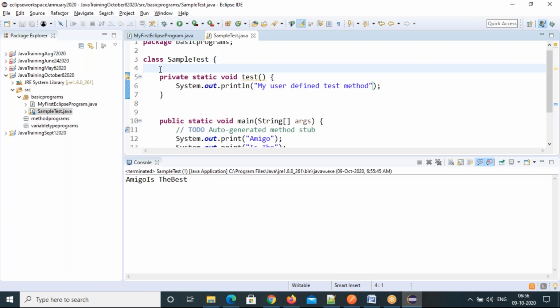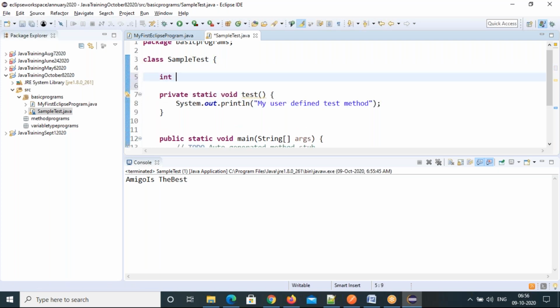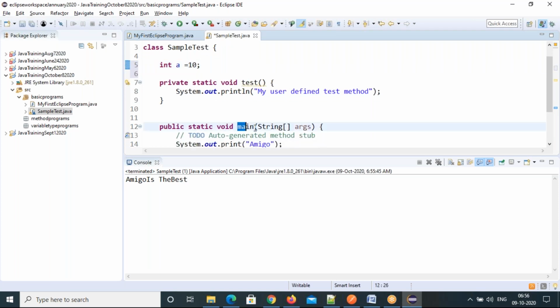I can define my variable also. But the execution starts from main itself. Exactly, you're right. Execution starts from the main method only. See, I defined the variable. This is a variable declaration. In the class, anything you can define, right?